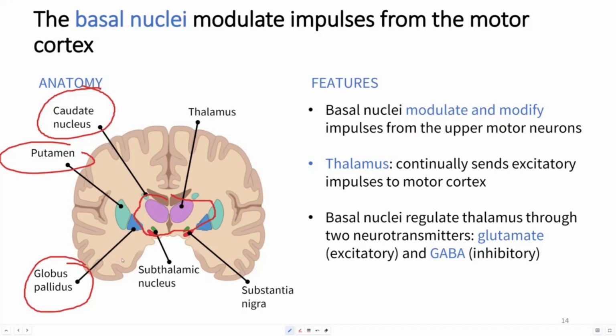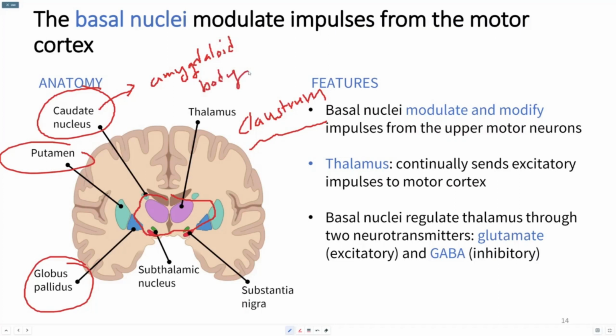The last structure that you don't see is called a claustrum. And the claustrum is a sliver of gray matter that is located internal to the cortex of the insula. And its main function is for integrating consciousness and multiple senses. Let's not forget that at the posterior side of our caudate, we're going to have a little region called the amygdaloid body. And the amygdaloid body is an expanded tail region that is involved in expressions for emotion and behavioral